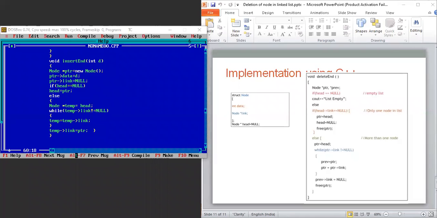So here again, we can have that display function. We can use void display list. I quickly write the code for the same.